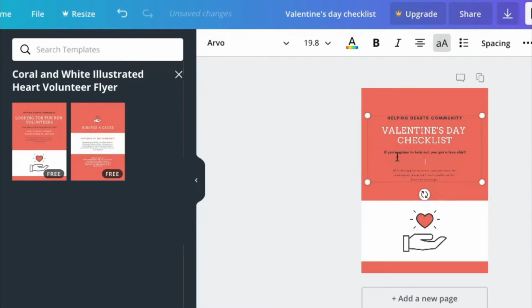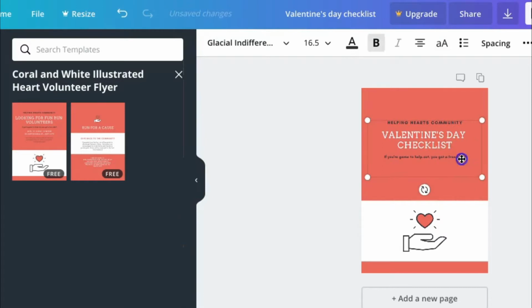So I'm going to remove all these, and then here I'm going to